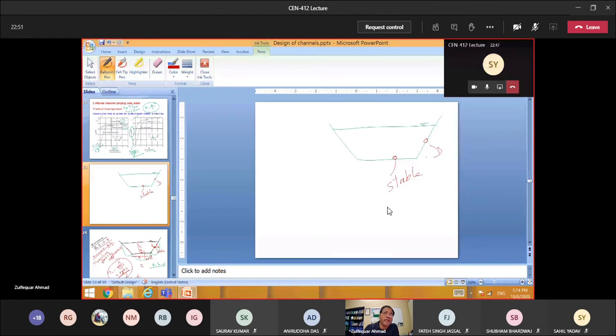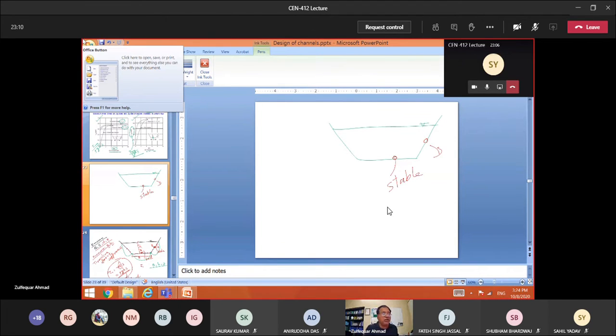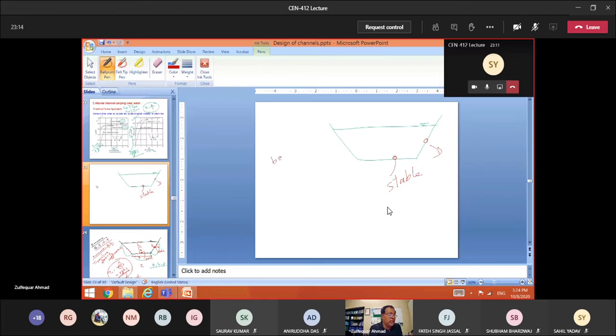The reason behind that is the shear stress acting on the bed. The force diagram of the bed particles and the side particles is different. Let me write that. Let us say the shear stress acting here, I'm talking about the bed particles, the particles which are on the bed.